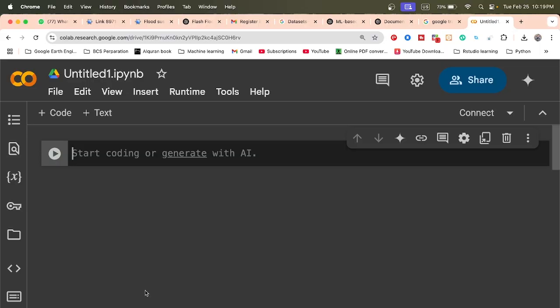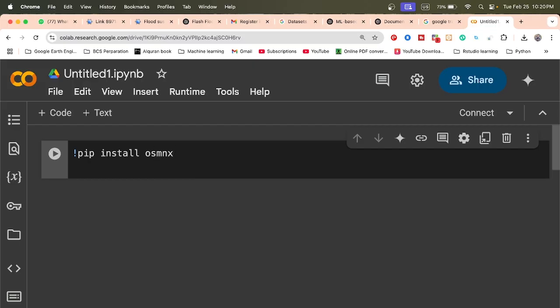Okay, so first of all, we need to import some libraries, such as OpenStreetMap. We try to install the library. Just pip install. Sometimes this type of library is installed by default, but it is also better to install it again. Suppose OSMNX. Also need to install